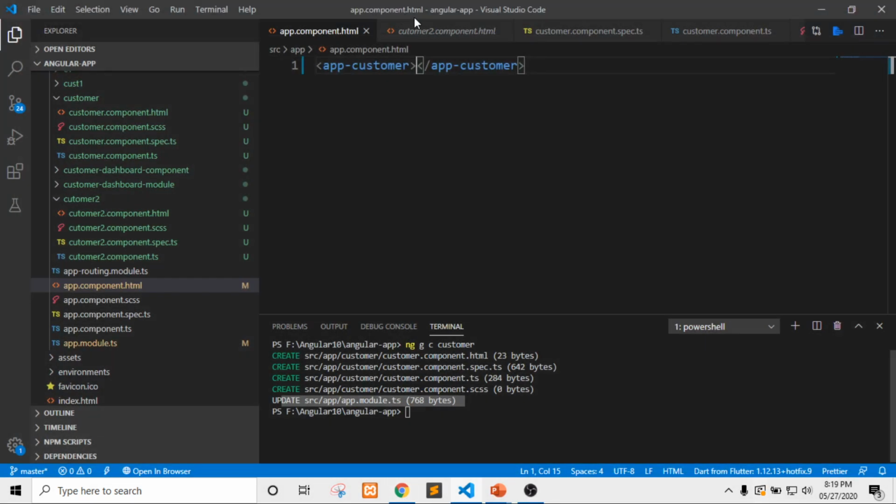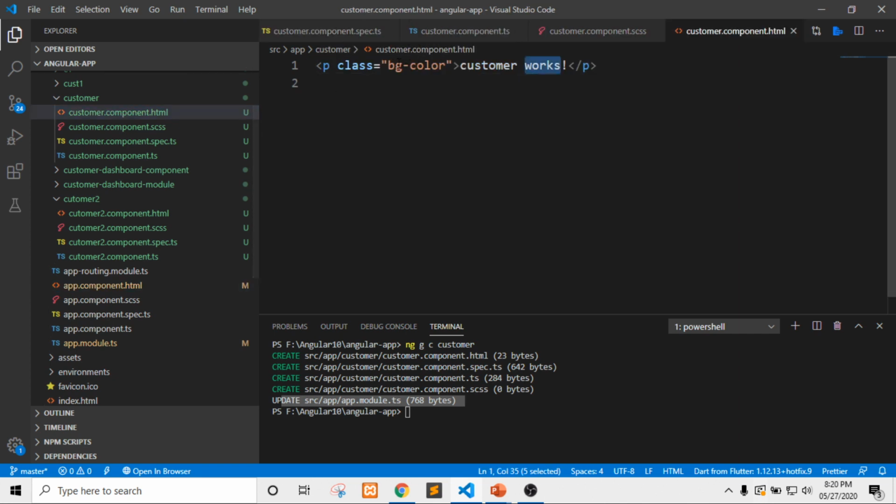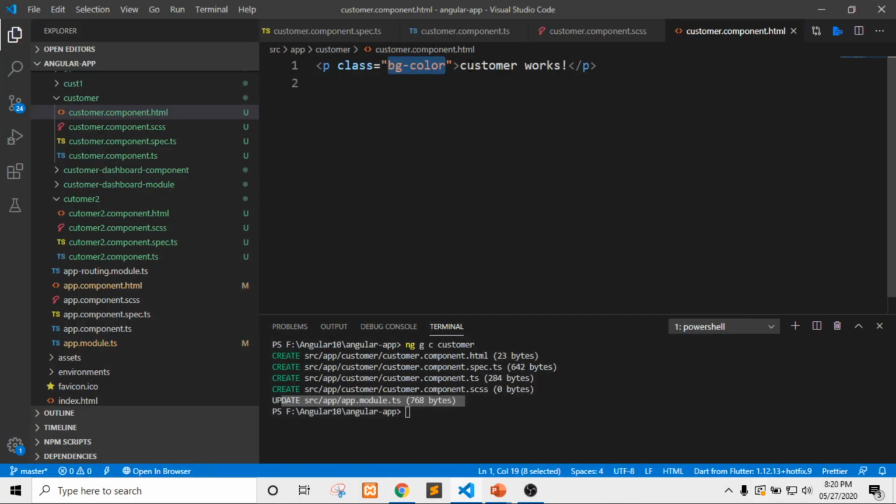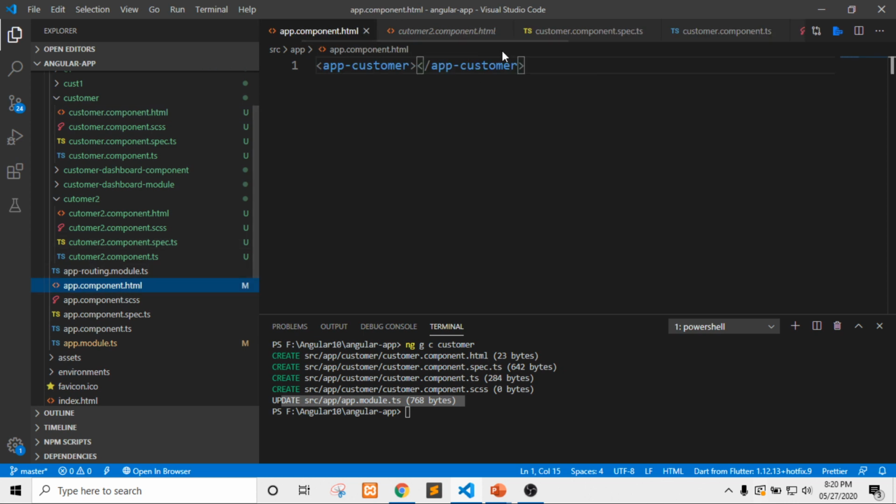So we have basically done 2 things. First, we have applied the class. If I come to this customer.component.html, bg-color has changed the font color to red, and we can also see this text. What we have done is just use that selector in app.component.html.